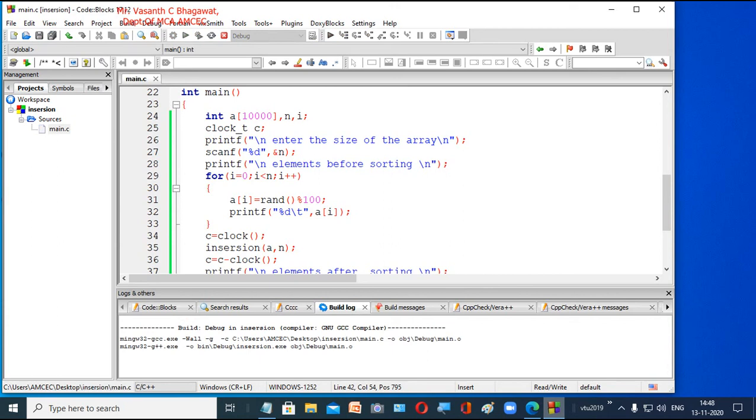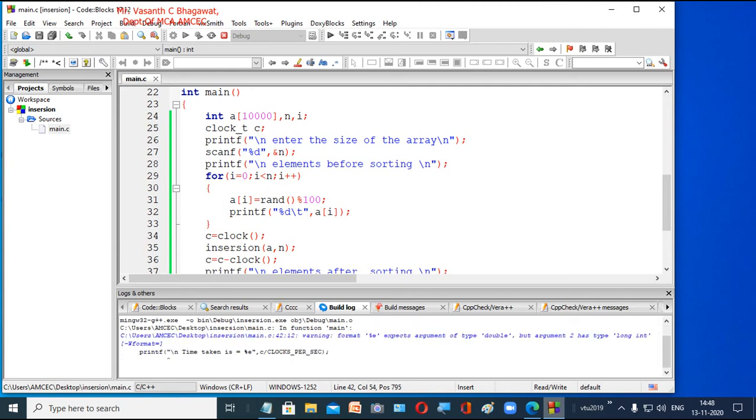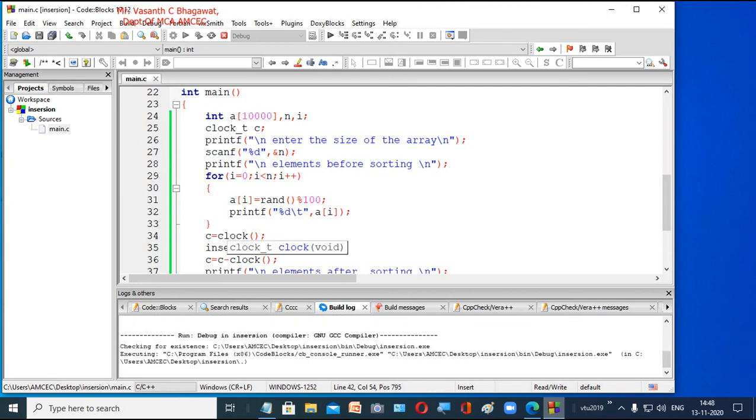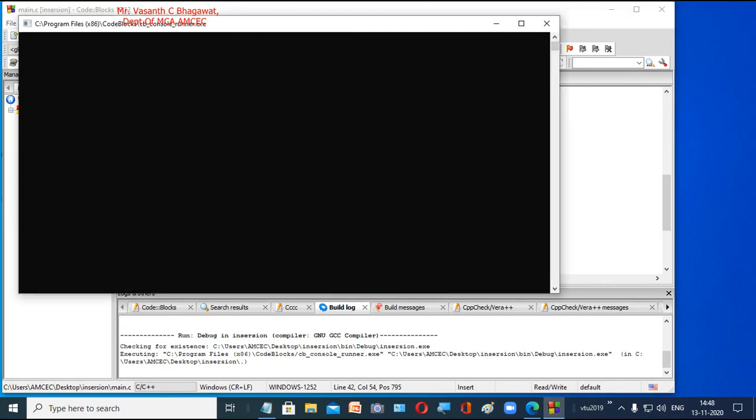So it depends. Sometimes you will get the time, and sometimes the time will be very small. The processor executes it so fast that we are unable to find it when you start the clock and when you stop the clock. To note down that very minute time, 0.00, it becomes very difficult for us.